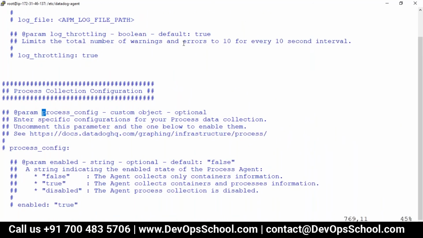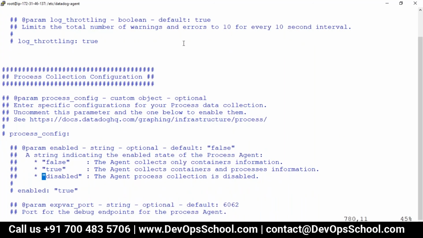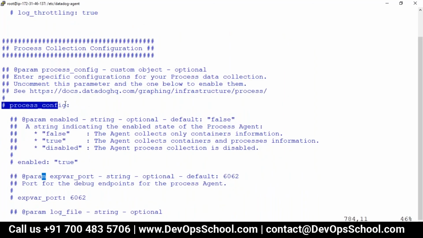See, this is the one. So right now, you see carefully, this is commented and this is commented. Okay, so now I'm going to enable that. Look at it here.